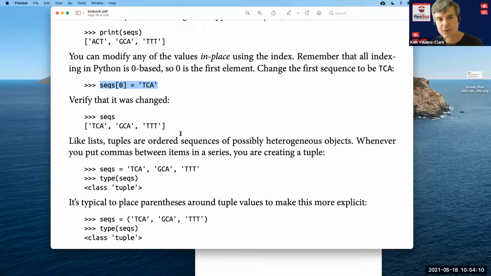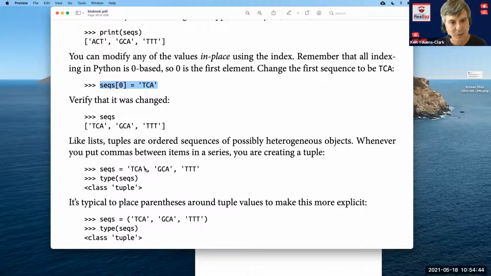So tuples are very much like lists in that they are an ordered sequence of possibly heterogeneous items. So in Python, a list is never required to be all integers or all strings. It can be whatever you want to put in there. And again, that could be good or bad. I think it's generally bad, but that's just how Python works. A tuple is exactly the same, except that you can't change it. Once it's been created, no part of it can be changed.